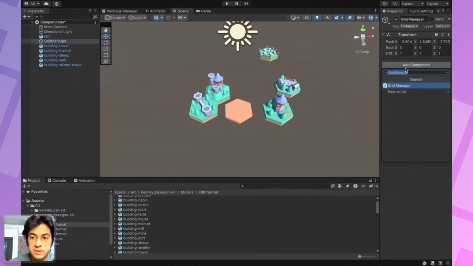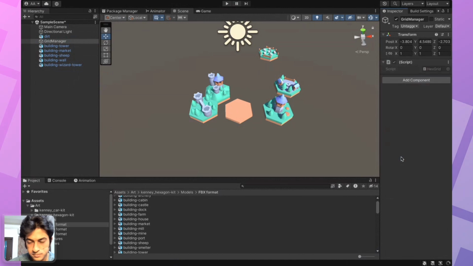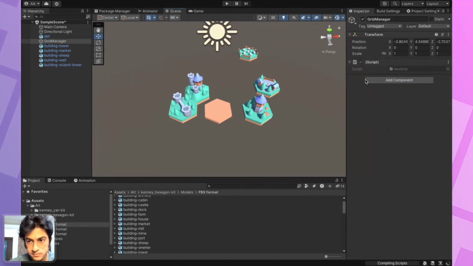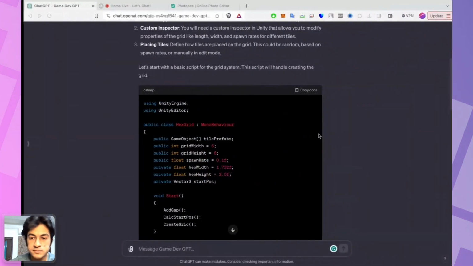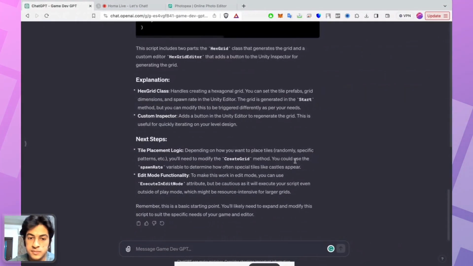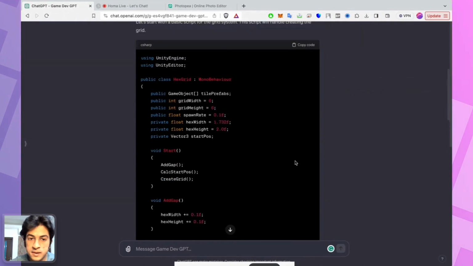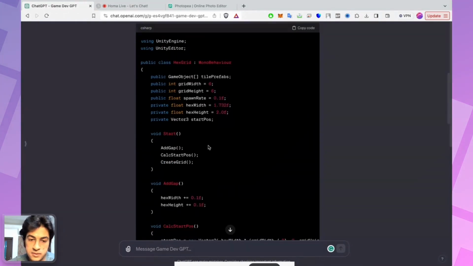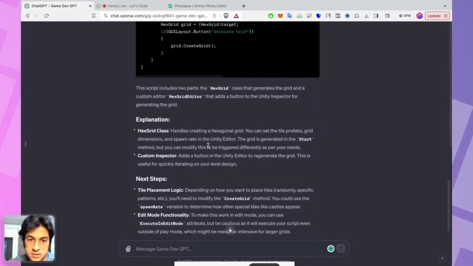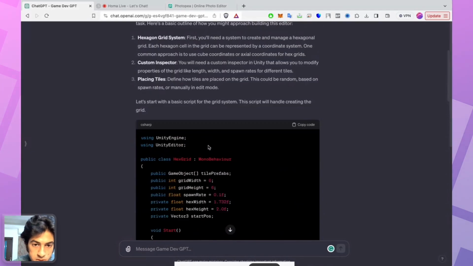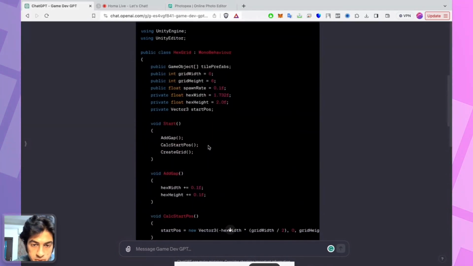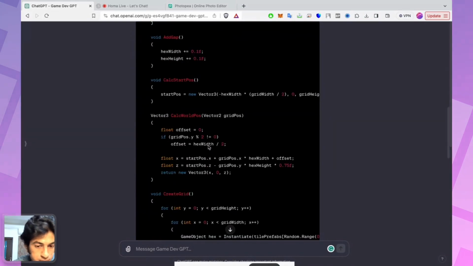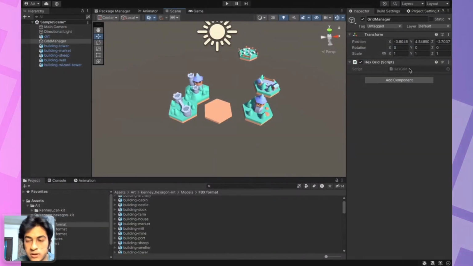We can remove this. I think it is missing some information from us, like the spawn rate of different tiles, but we'll get to that.